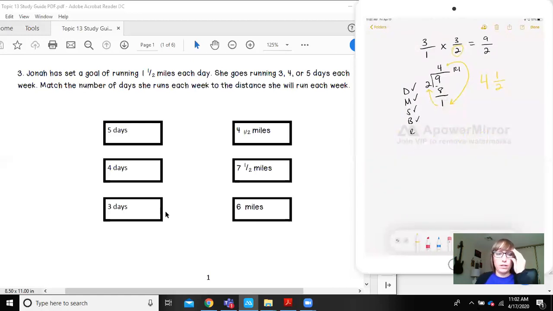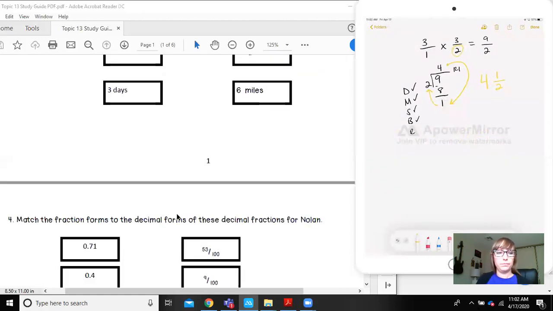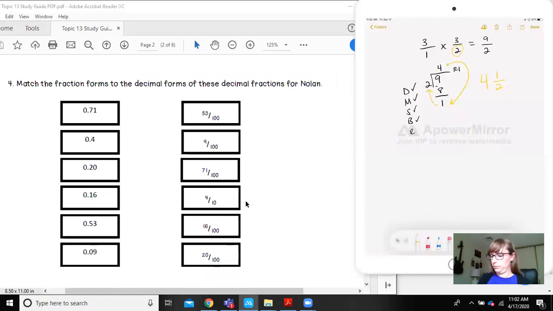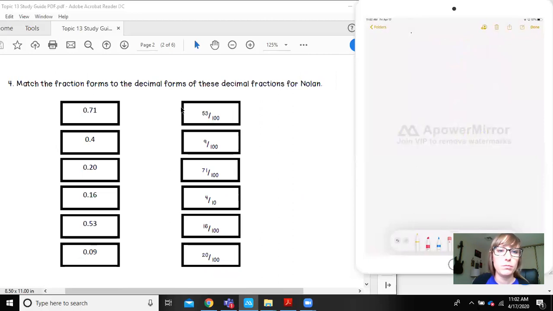Okay, let's go on to number 4. Match the fraction forms to the decimal forms of these decimal fractions for Nolan. Okay, let's do a couple of these. We don't have time to do a lot of them. Okay, so let's look at our first one. Our first one, we have